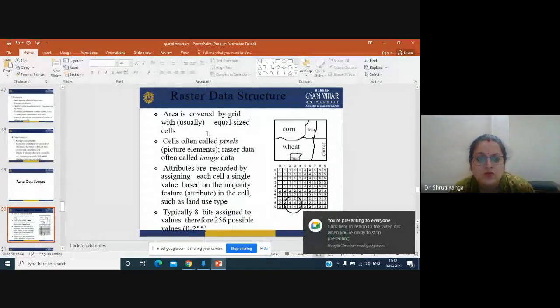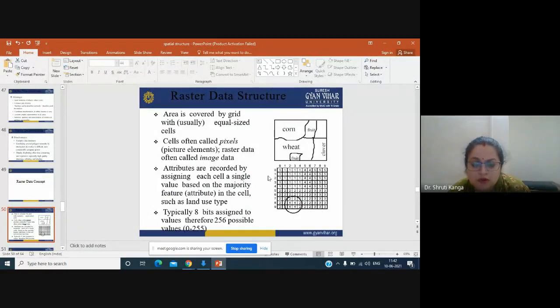If you see the distribution of corn, we have tried to save all this data in different codings. I have shown you the storage of these spatial and non-spatial data sets, where we use codings for storing these data sets.